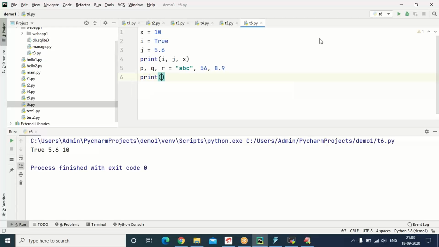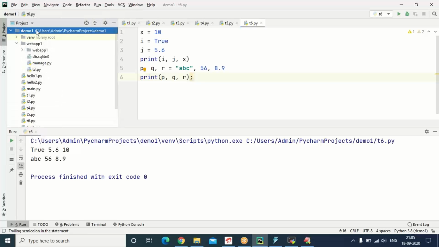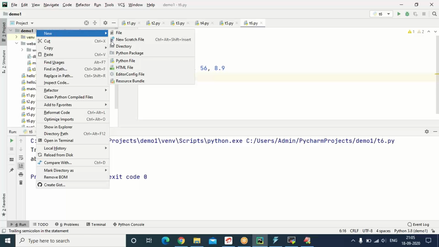Let me go for print p comma q comma r. Let's go for the running. Let's move to another program. Please observe. P7.